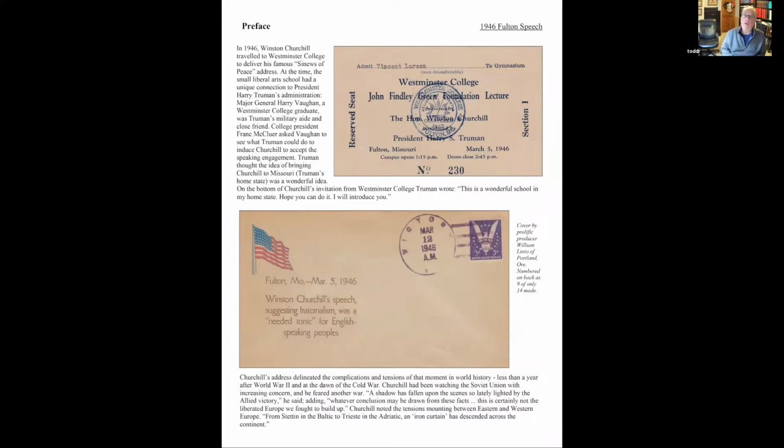So long way of saying that is why the stamp was issued in Fulton, Missouri. I've got two items on this page. One is an actual ticket to the speech, not a philatelic item, but it was just too good not to put in the exhibits. And then I've got a cover here that was contemporary of the time. This was by William Linto, who was kind of an infamous cover maker during the war years and afterwards. He produced thousands of covers, and he produced 14 of these covers, noting that Churchill's speech